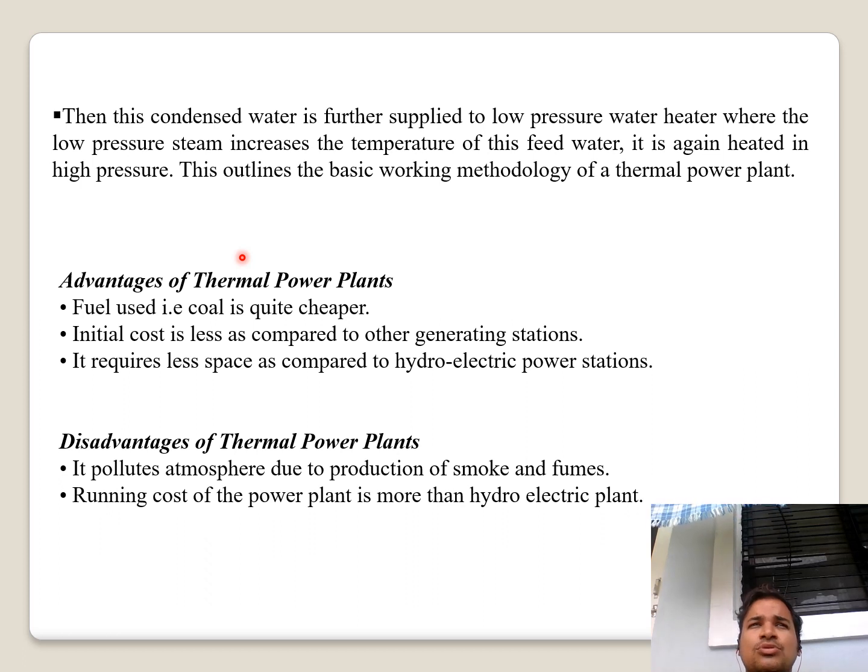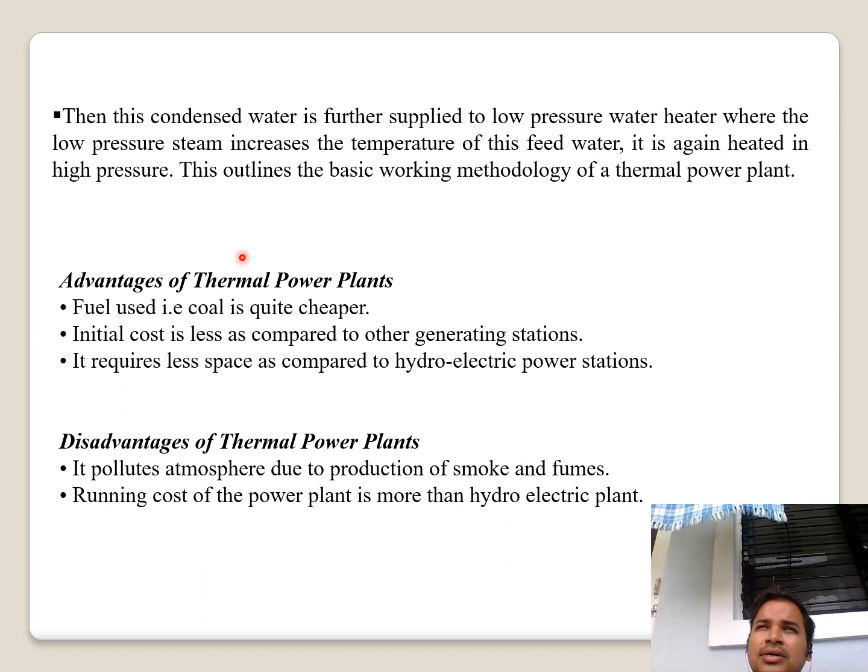Means first of all, the steam is superheated. It is just made to rotate the turbine. Okay, and the frequency of this turbine is made equal to the frequency of the rotor that is connected to the alternator. This is done. After that, once the superheated steam goes into the process of rotating the turbine,